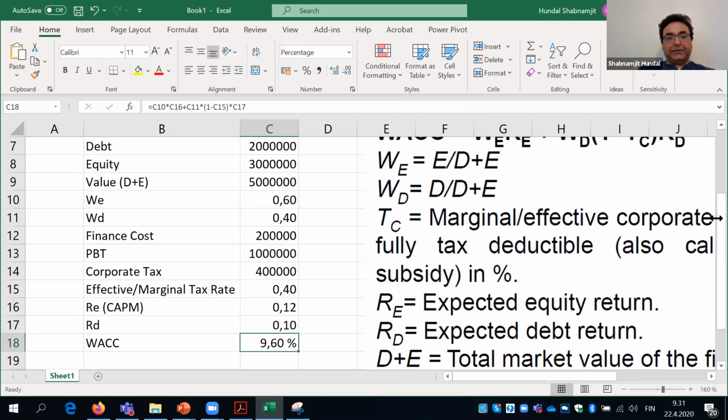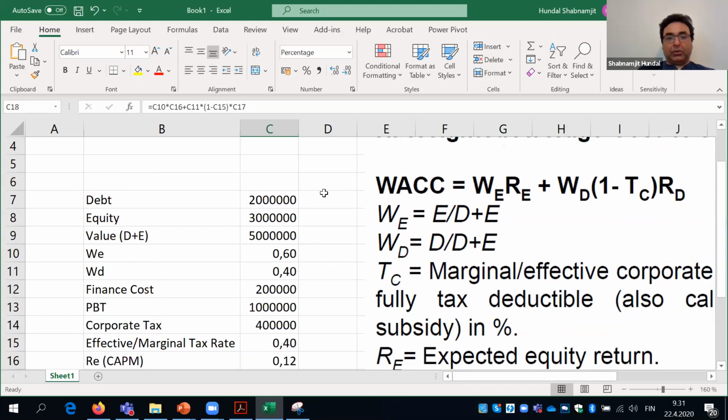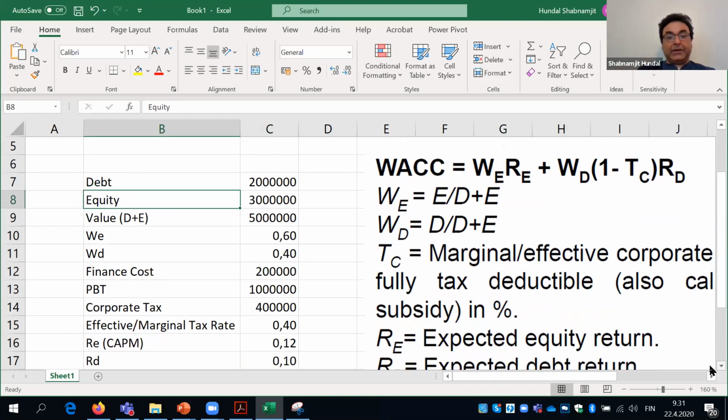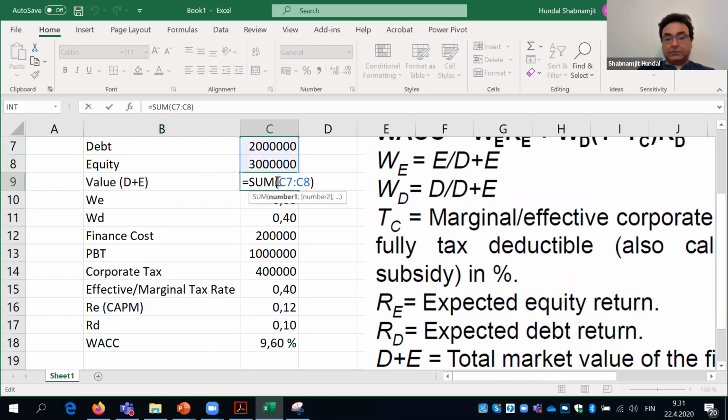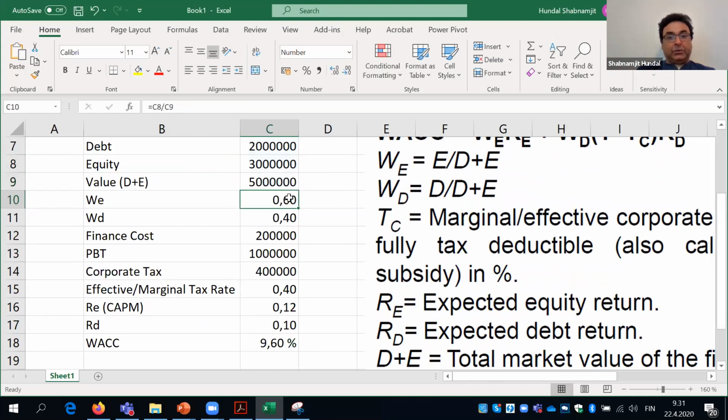So all you need is that you must have the amount of debt. Basically, you can take the sum of liabilities, that's much easier. So for practical purposes, you can see the value of the company as the value of liabilities and the value of equity, which is fair. Then the value would be debt plus equity, which is the sum of both. And then you can calculate the share of debt and share of equity in both.